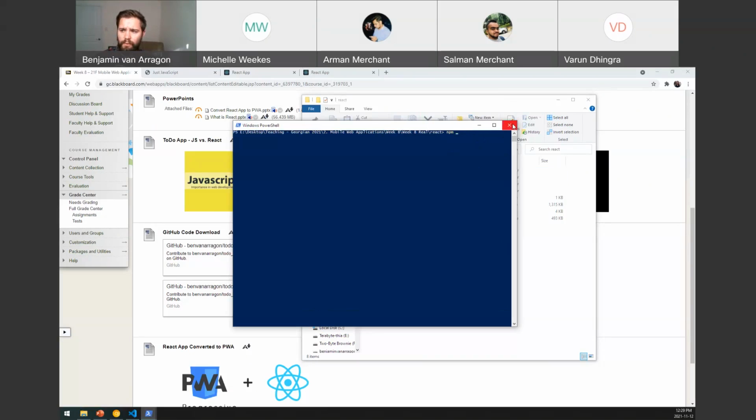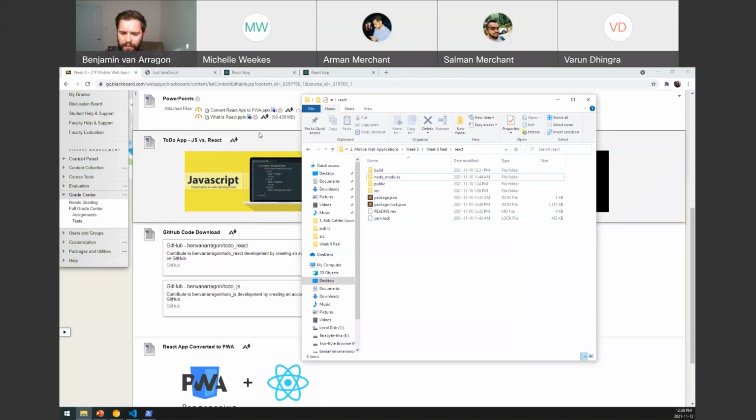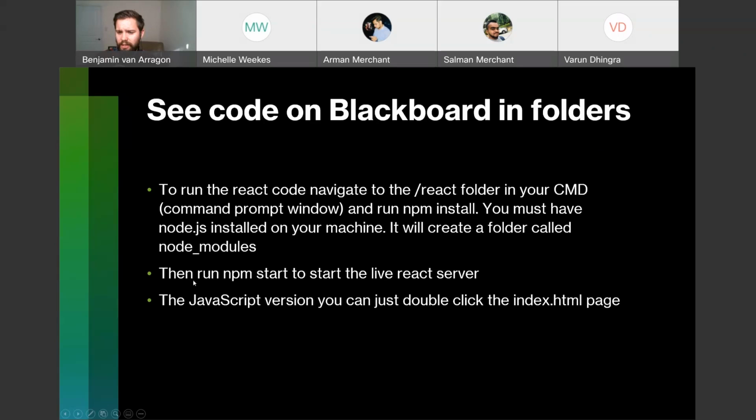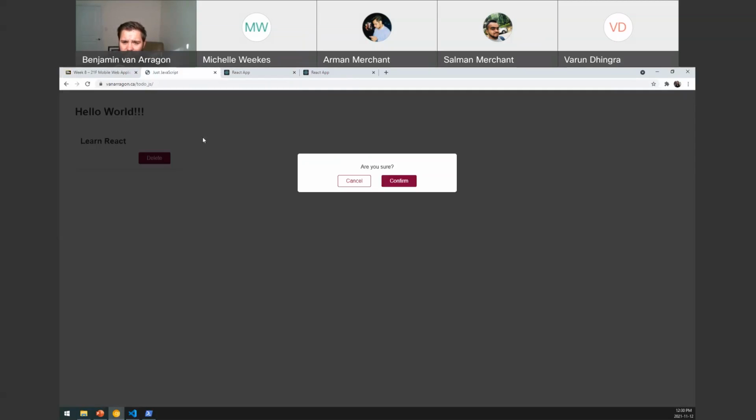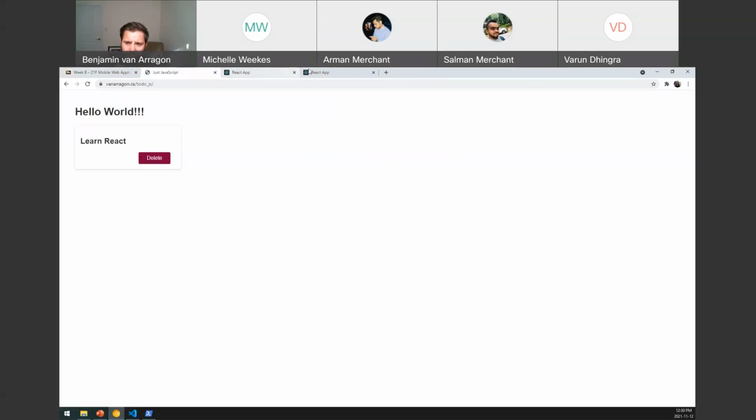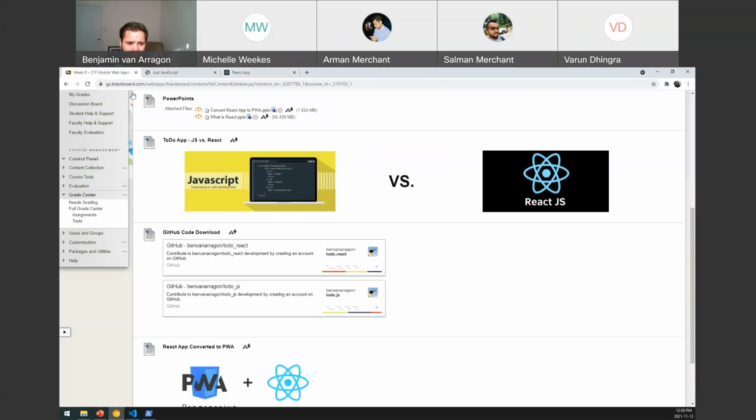Okay, and then you've got that running on your machine once npm has installed all of the packages. So that is how you do it. Then you run npm start, and then the JavaScript version, all you have to do is just double click the index.html page. You don't have to run a server for that or install any node packages. So that one's a lot easier. You just download the code from this GitHub link, and then you can run it, and you'll get something a lot like this. Cool. Okay, so continuing in the PowerPoint,